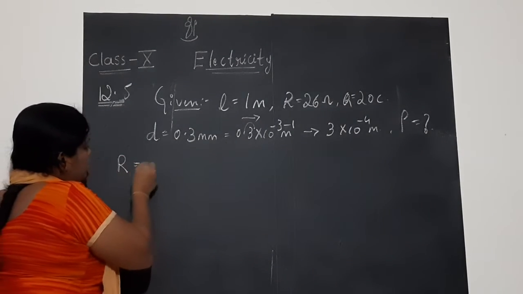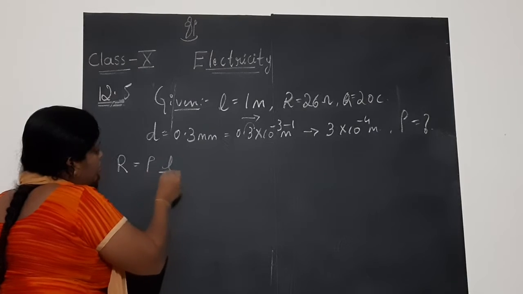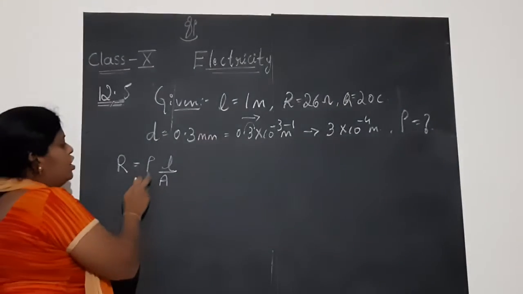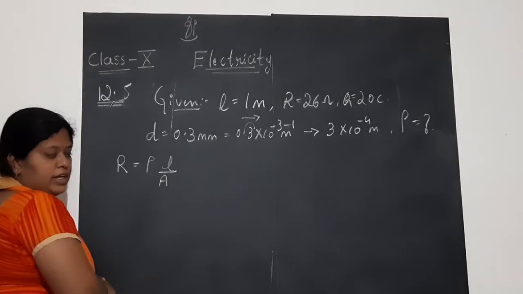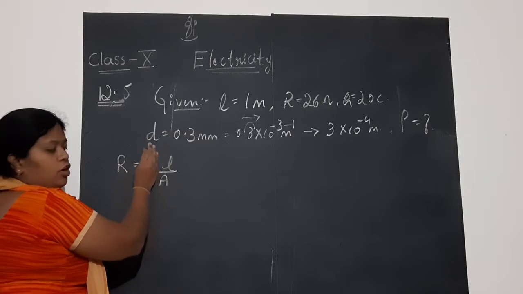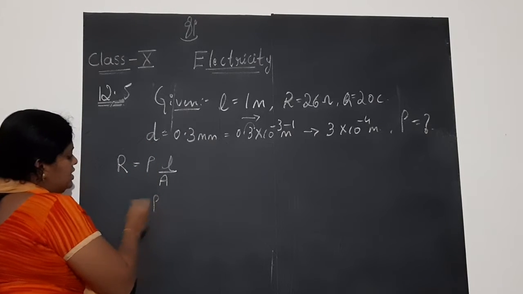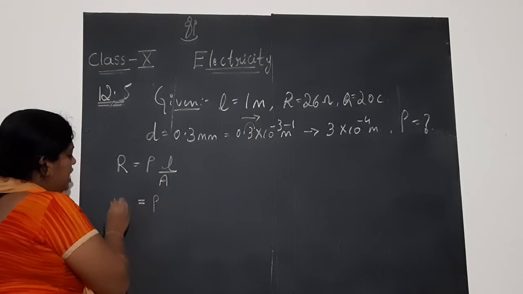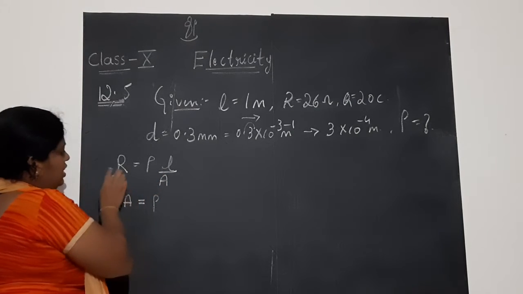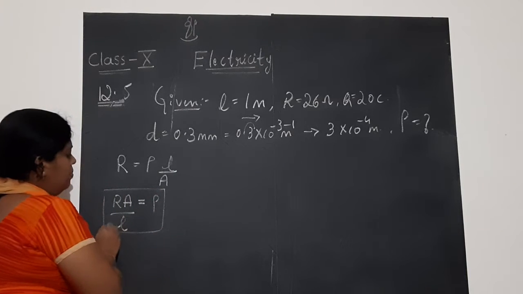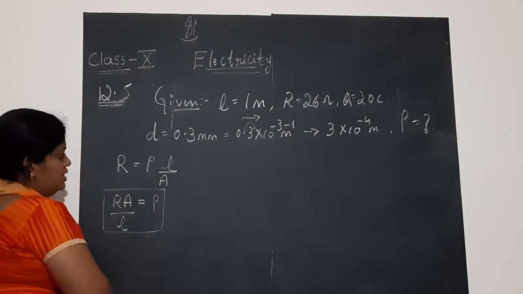Now what is the formula to find the resistivity? First we know R is equal to rho into L by A is the basic formula which we learned. Here rho is the quantity which we need to find. What will rho be equal to? Here, forget rho, we will write it as it is. That is the unknown quantity. Here the denominator A, we will multiply it with R. L will divide. Rho is R into A by L is the formula for resistivity.